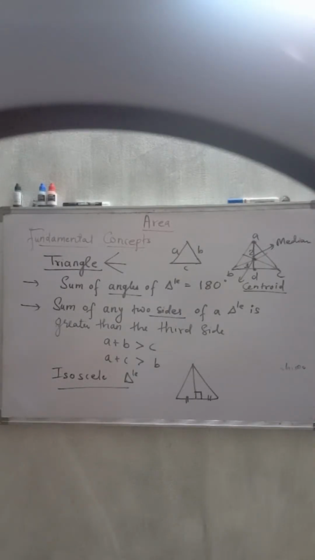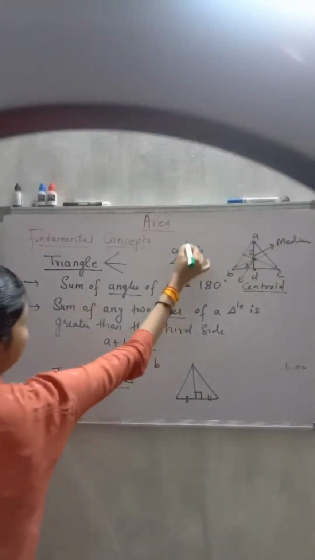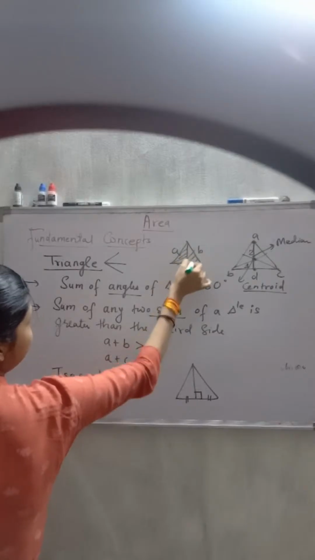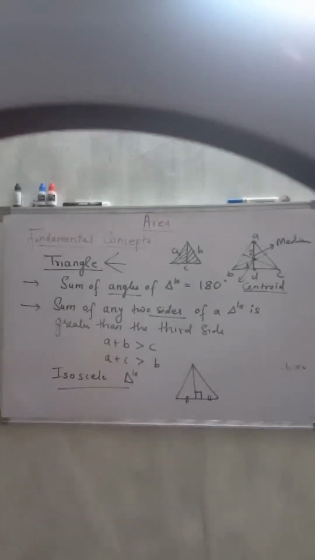Now next is the median of a triangle divides it into two triangles of same area. जब भी हम मीडियन ड्रॉ करते हैं तो वो ट्रायंगल को टू इक्वल एरियाज में डिवाइड करता है. The area of a triangle formed by the midpoints of the sides of a given triangle is 1/4 of the area of given triangle. Next concept is